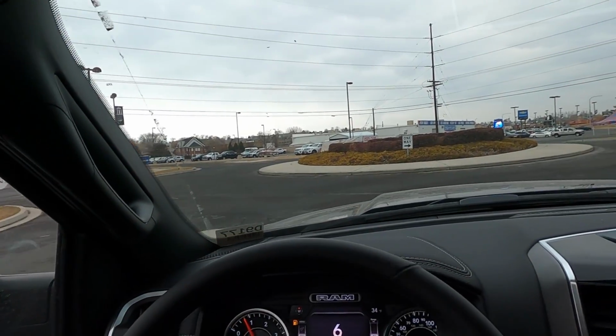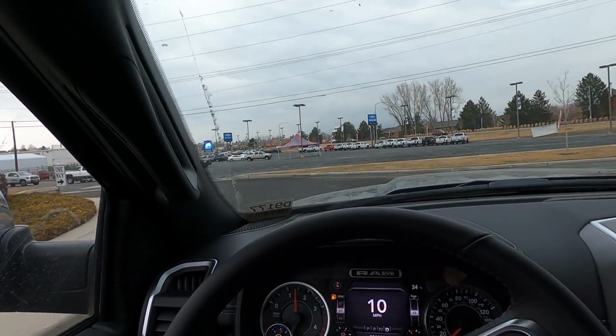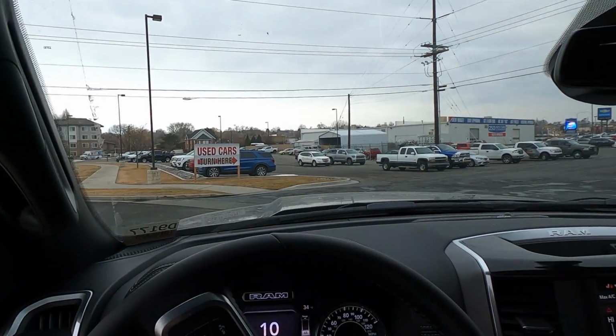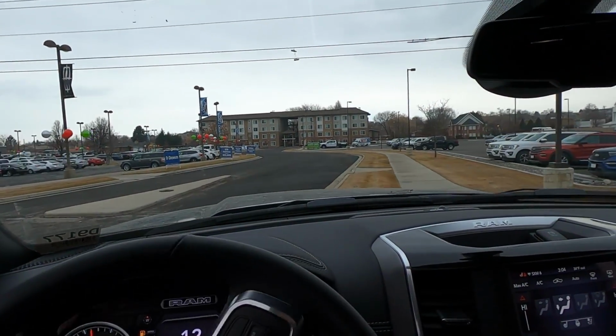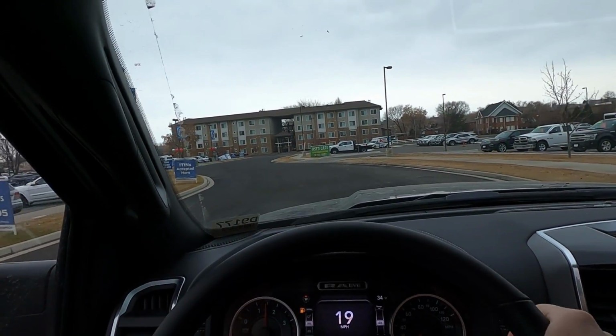Well, we are setting off here in this 2500 Megacab, and I think the ride quality is going to be the biggest thing I'm going to notice different compared to a crew cab 2500. Obviously, we've driven quite a few crew cabs recently, so this will be a nice little change of scenery, I guess we could say. But initially setting off,